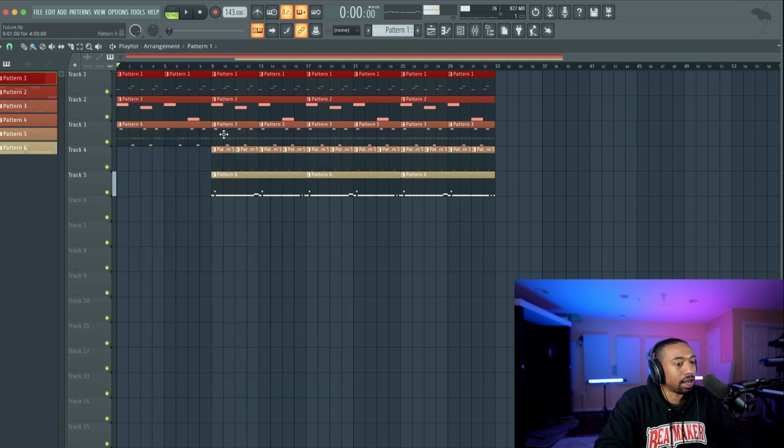Personally, I would take out the hi-hat rolls. It's a little too many hi-hat rolls for my liking. But you will get the project files for free. Just go to busyworksbeats.com/FL Studio. And that's how simple it is. Again, you would go back and forth as you record to figure out where you get caught up on the beat. I would recommend you add demo vocals and then see where you get caught up. Most of the time it's on the hi-hats or the kick drum.